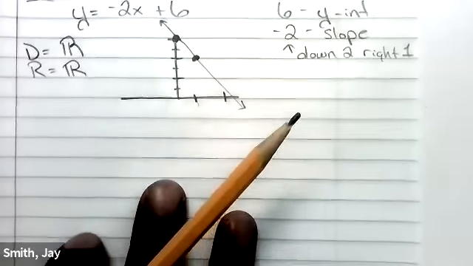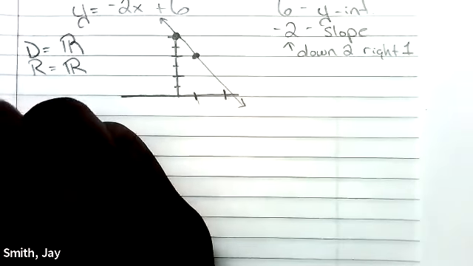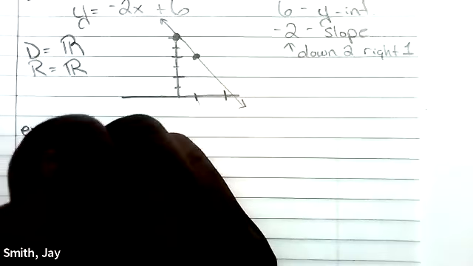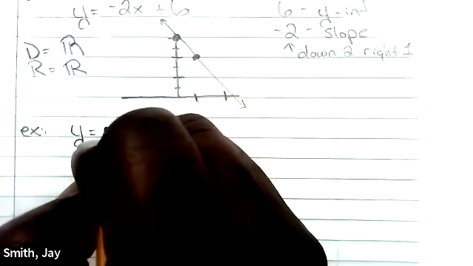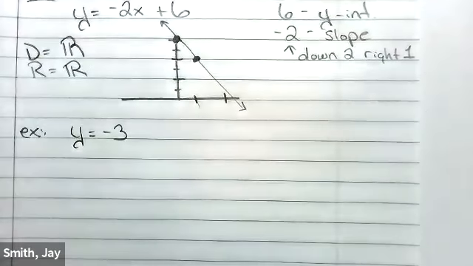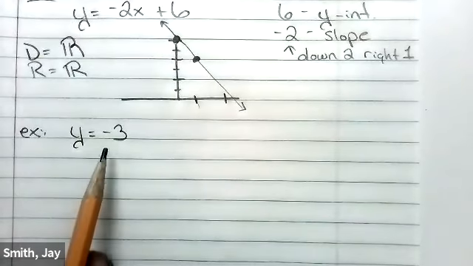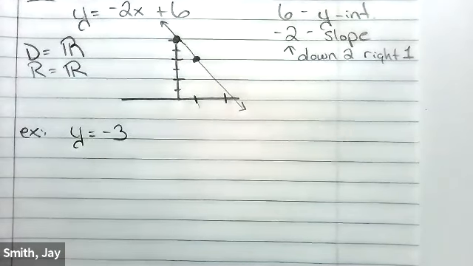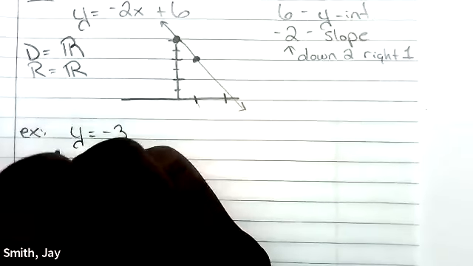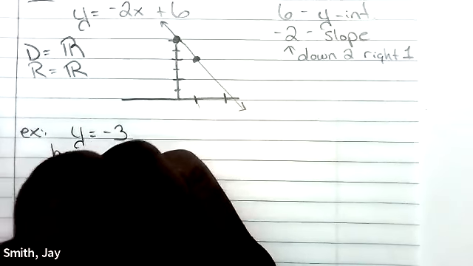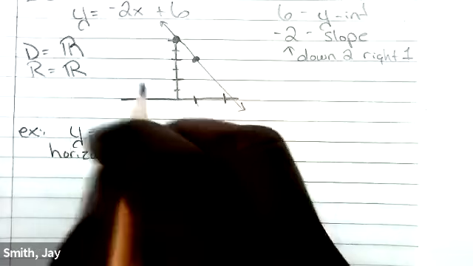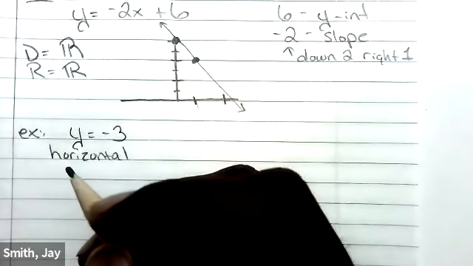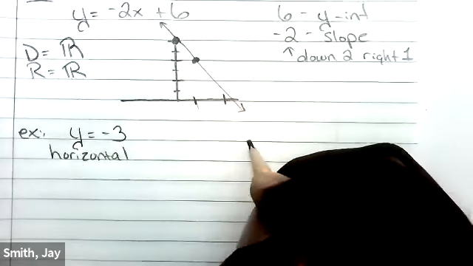Another example that we can be given, let's say we're given the equation y is equal to negative 3. Let me graph this one. All right, so if y is equal to negative 3, that means no matter what the x value is, y is always negative 3. This is going to give us a horizontal line. Now the line goes from left to right. So if we're graphing this,